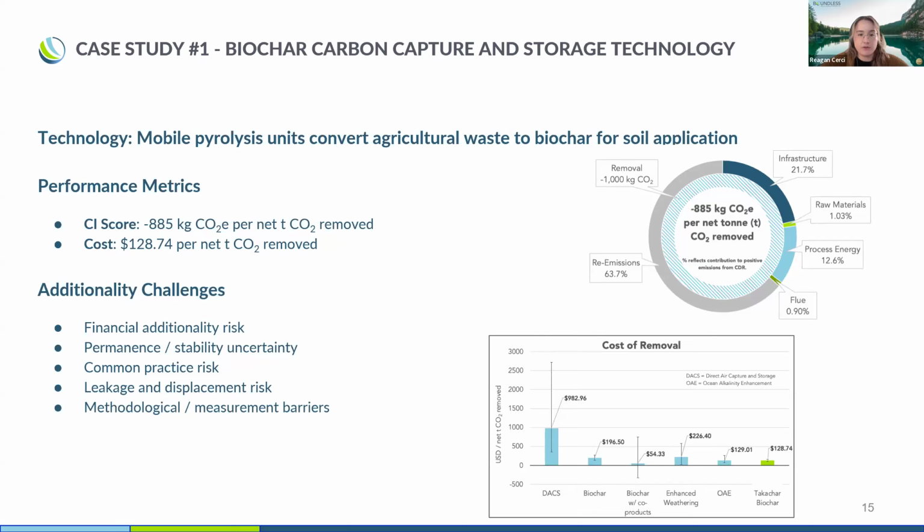So we really want to make sure that we're following protocols as closely as possible. There are a few different protocols out there for measuring carbon retained in the biochar, as well as soil stability over decades. And that could weaken the verification or certification claims. So these are all things that we're checking for in biochar specific projects to make sure that they are aligned with the additionality requirements that we've previously discussed.